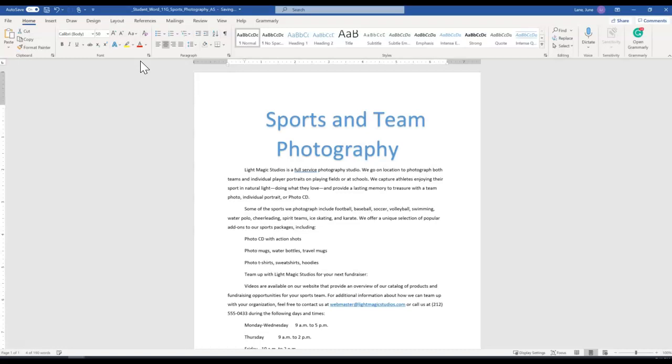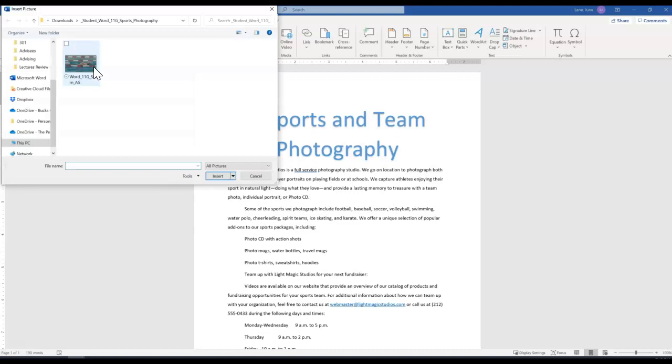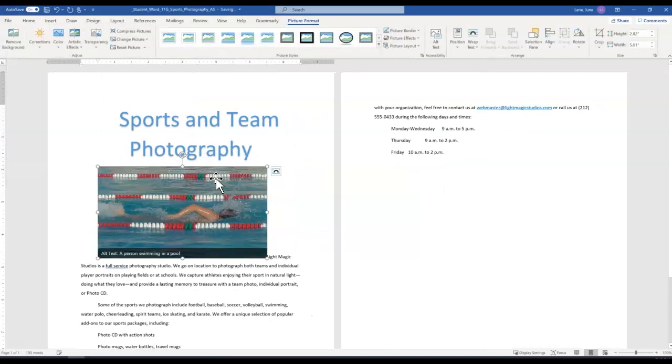Step number 5, we're going to go at the beginning of the paragraph below our title. We're going to insert the picture file that's downloaded with this project. So I'm going to click at the beginning of the paragraph. I'm just going to make sure that I click to the left of the letter L, and we're going to insert that picture that we downloaded. So I'm going to go on up to insert. I'm going to go to picture. It's on this device, so I need to go ahead and locate that device. And I'm in here, so it's this swimming picture. So I'm going to go ahead and say insert. Select that and then say insert. And so we insert the image into our